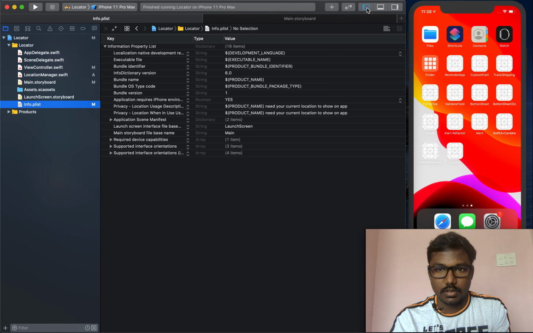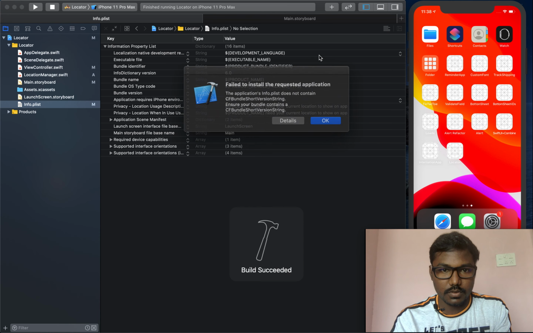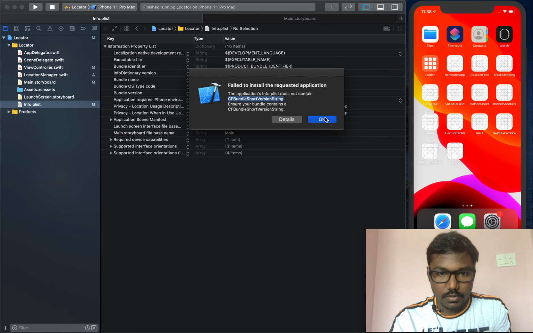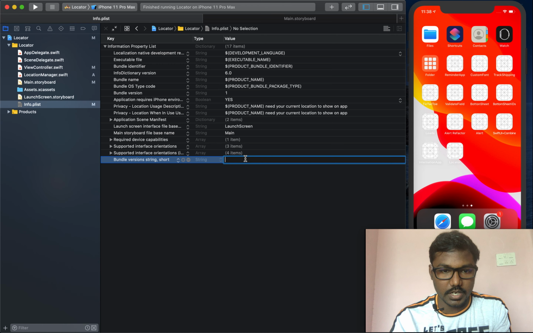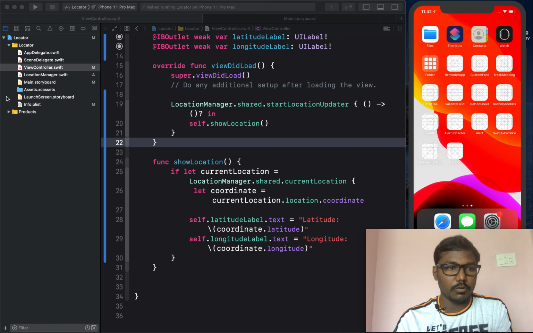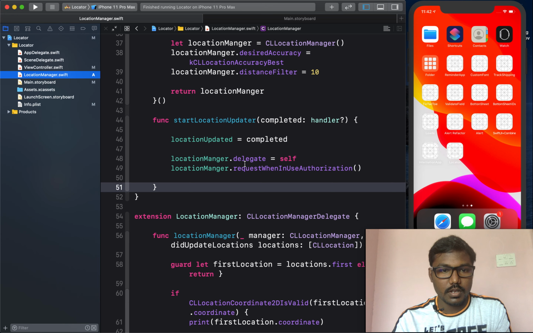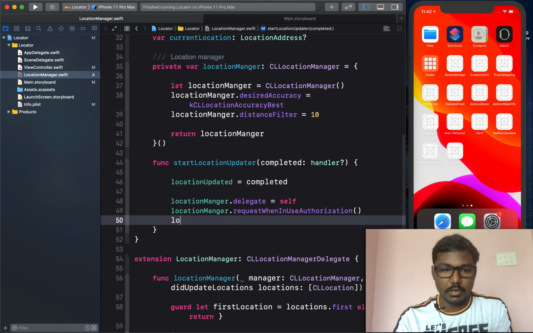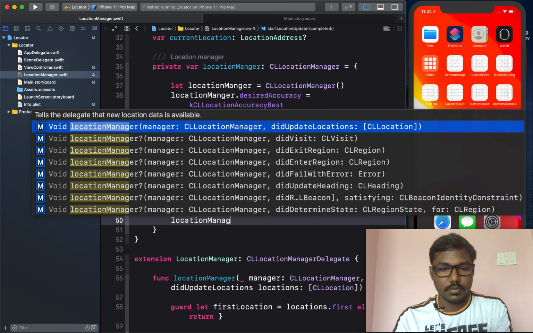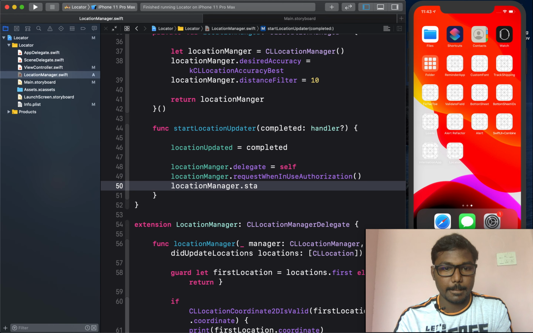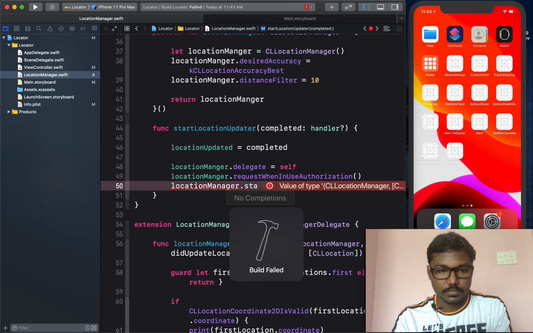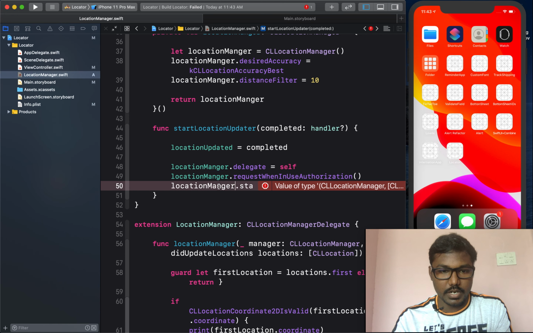Something happened in our project because the error showed that a detail was missed, so I am creating another variable and setting it as 1.0. Now I am going to the CLLocationManager and setting my location manager to start the location manager.